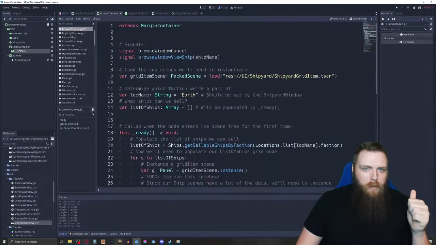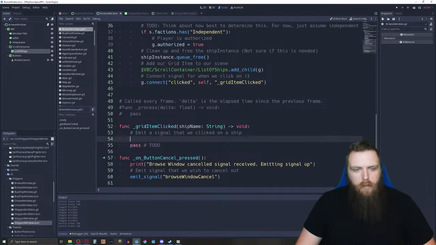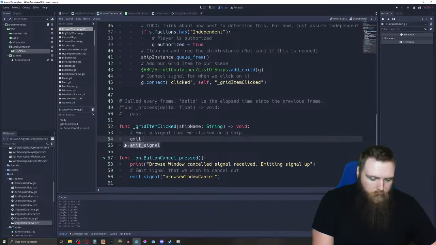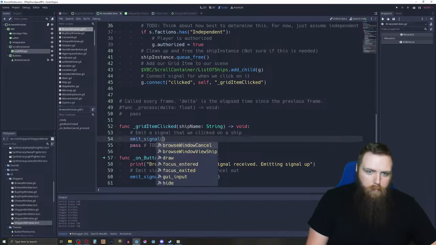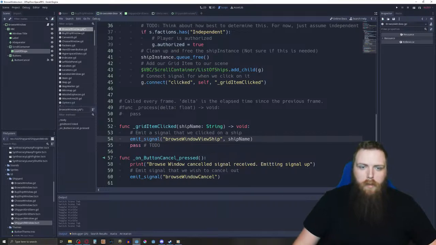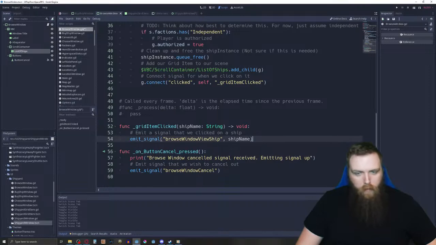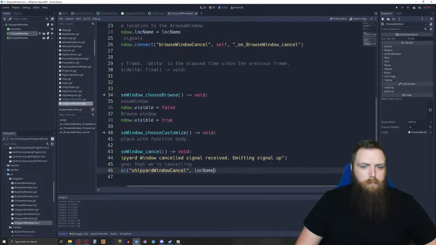I think we're going to emit our own signal. Browse window view ship. And we're just going to do that. Emit signal, browse window view ship. And then we're going to pass in the ship name as well. So we can get rid of this. Save. So now what I have to do is, if we go to shipyard window,